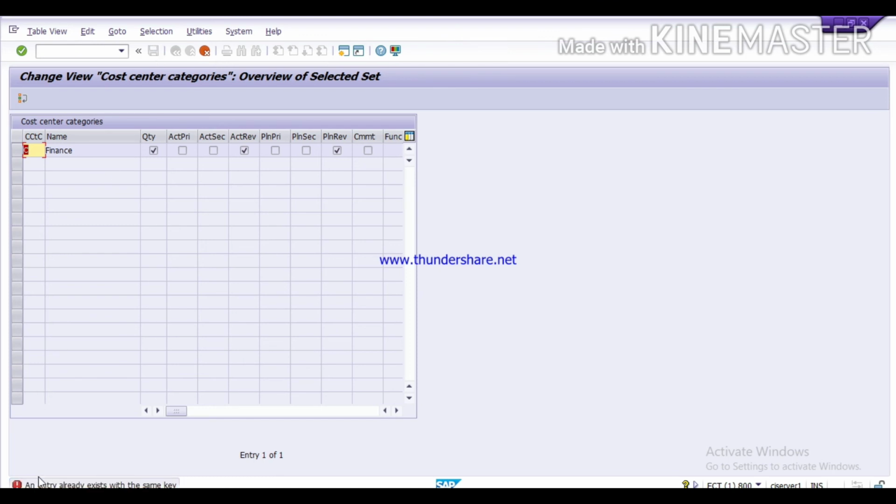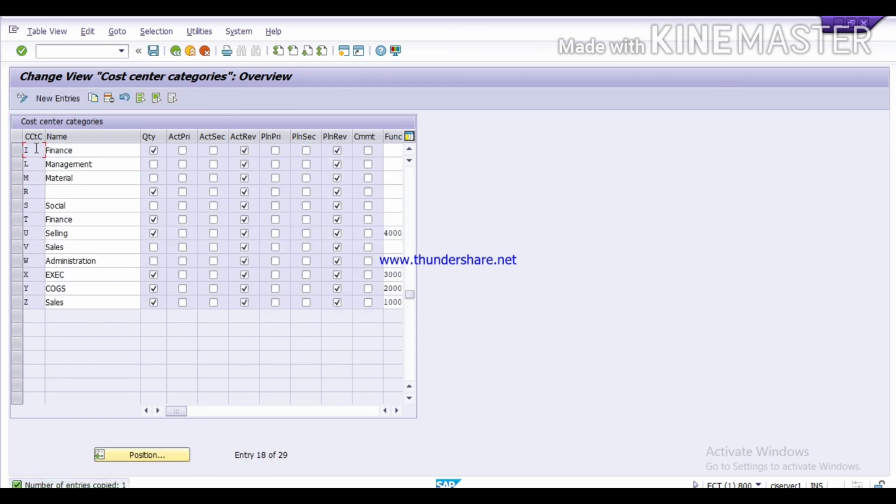This cost center category exists with the same key, so I will change the name of this cost center category. Now I have created a new cost center category for finance. When we do the transaction, we have to select this category for your cost center.